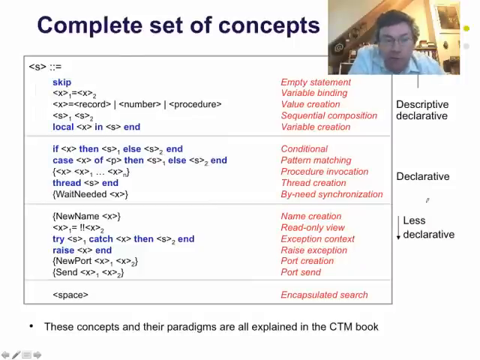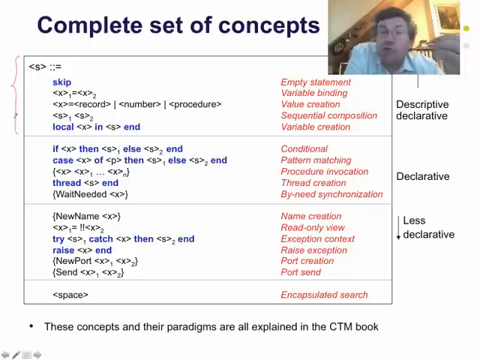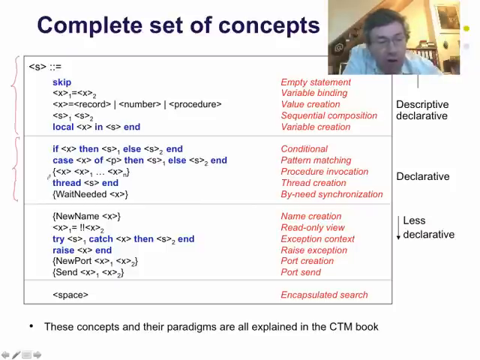So if you look now at the complete set of concepts, here I have a table with a complete set of concepts that are all part of the paradigms explained in the CTM book. In this course, we've only seen a few of them. I've classified them. The first part here is descriptive concepts, creating records, numbers, procedures, creating data, in fact. The second part is everything that is declarative execution: if, case, procedure call, thread, and WaitNeeded. So thread for deterministic data flow, and WaitNeeded for lazy deterministic data flow, a paradigm which we have not seen in this course. And the final part here is other concepts that are needed for more sophisticated or different